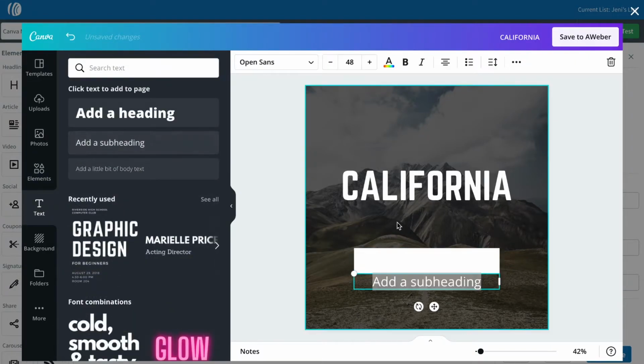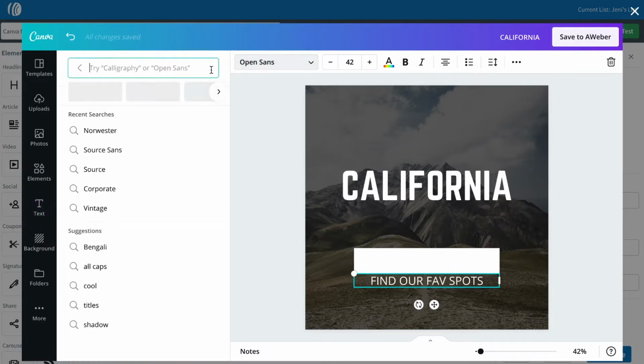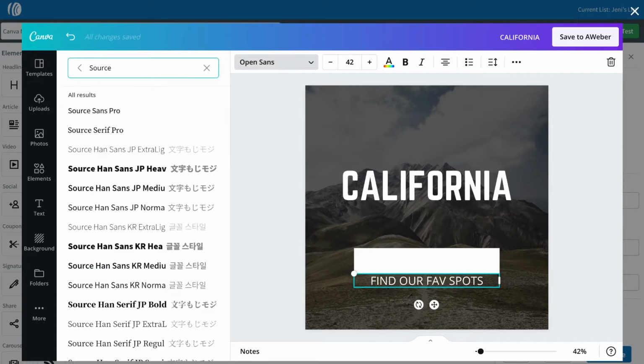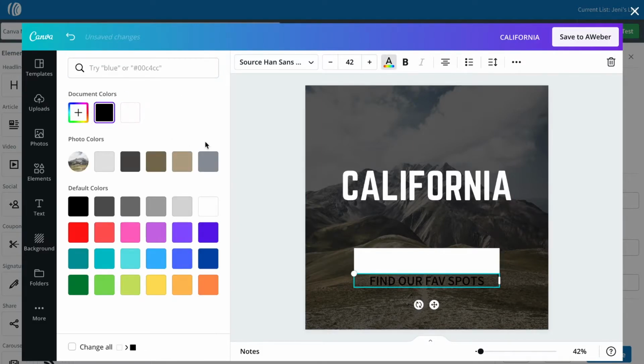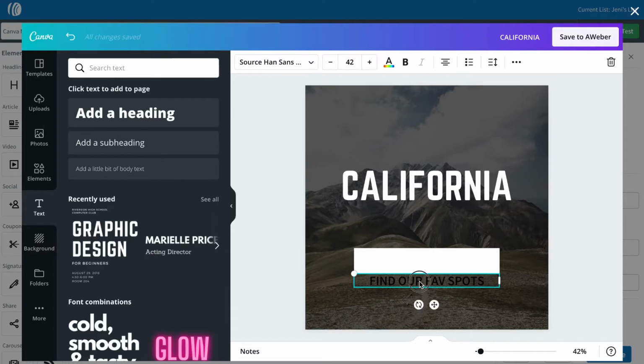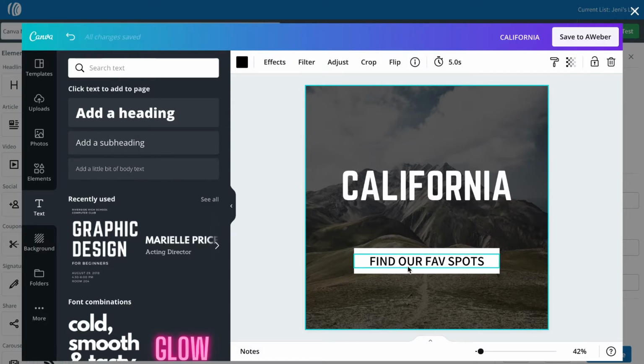And then we're going to add some text over top of that. So I chose a subheading. So this I had as find our fave spots. And this one I had actually made a little smaller. And we're going to change the font once more to what I used on those others. Right, and we're going to change the color to black because we are going to need it over our image, or over our square element. And you can again see those pink lines to make sure that it's centered on there for us.